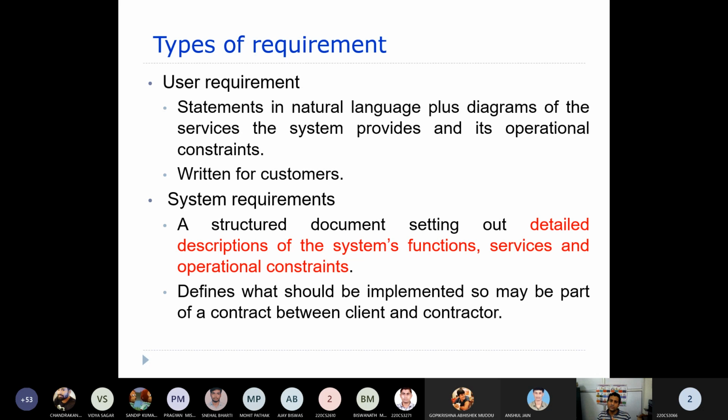It defines what should be implemented, so it may be part of a contract between client and contractor. Hereafter, these requirements will be developed or implemented, and this will also be part of the contract. That means these are the functionalities or services that the developer is going to provide to the client. So you can think of it, right?